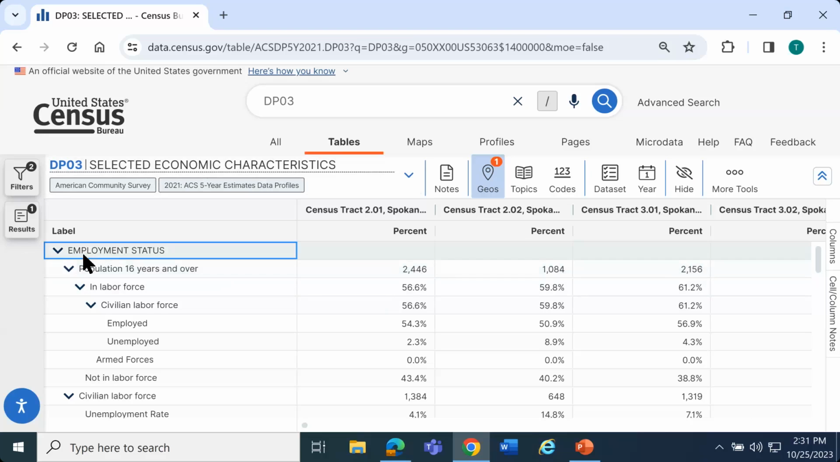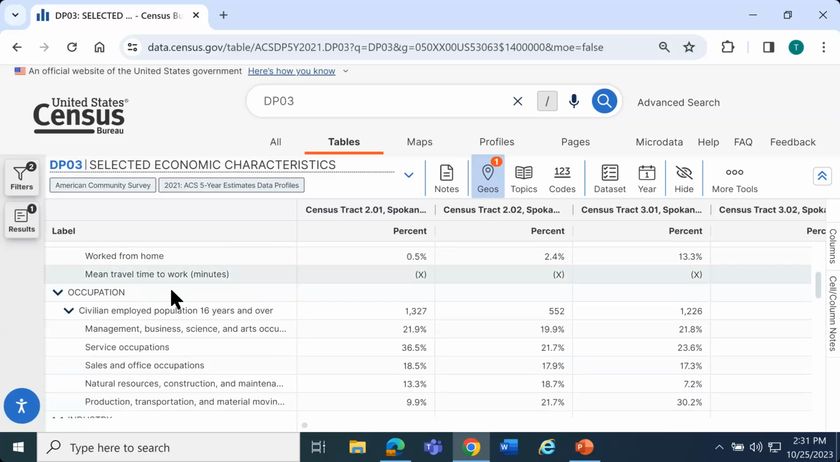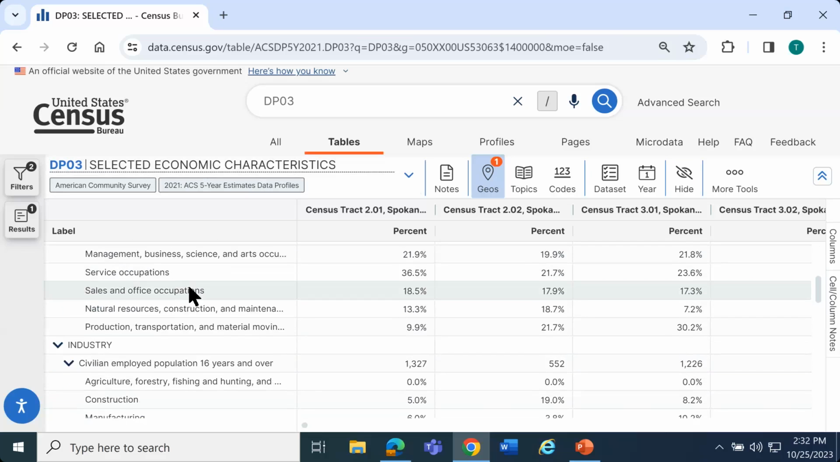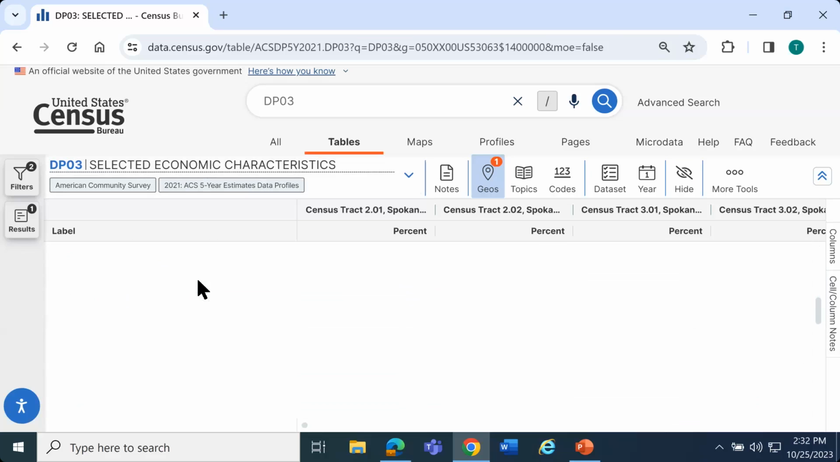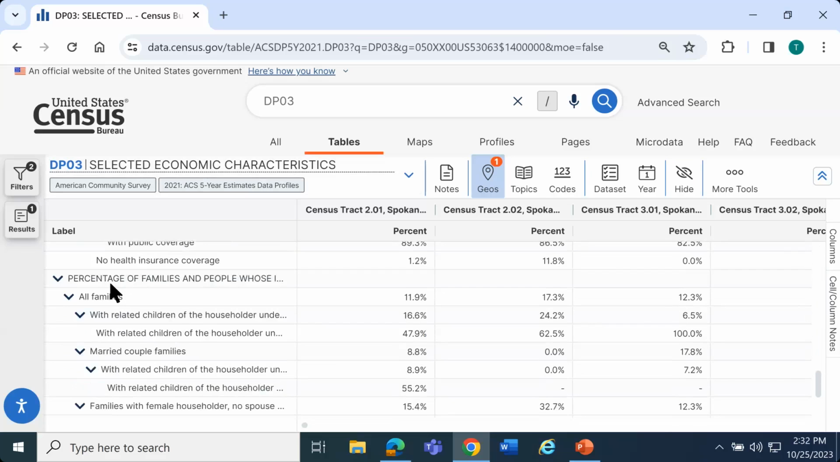Here, they're in all capital letters. So it starts with employment status. You'll see commuting to work data, occupation, industry. I happen to know that the poverty data is located towards the bottom of this table. There is a section